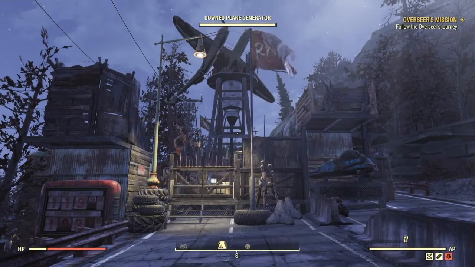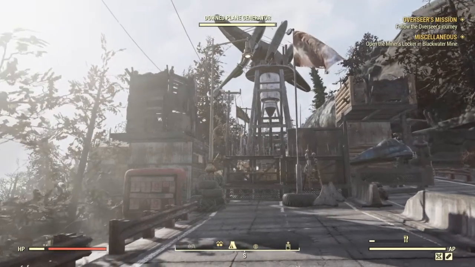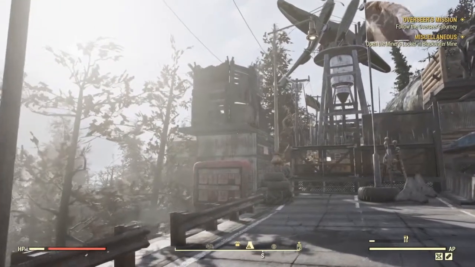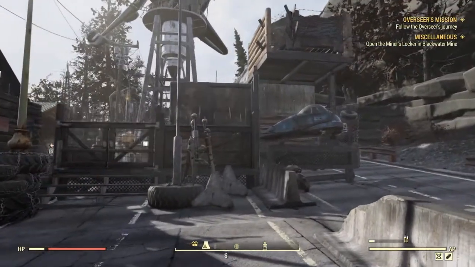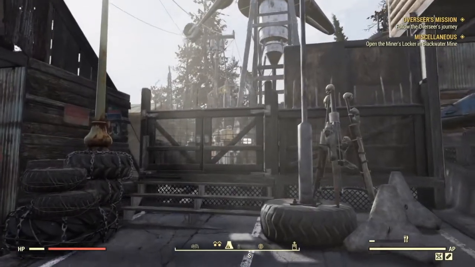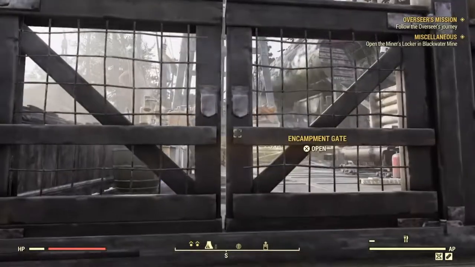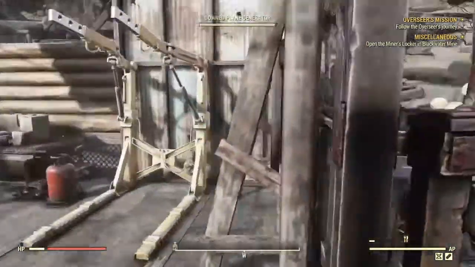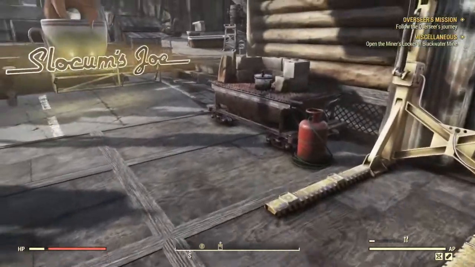So let's go take a little walkabout and check this camp out. How about it? As you can see, it definitely looks Raider. There's junk everywhere. Motorcycles, old cars, all this crap stacked up in front of the gate here as you come in. I think it's cool that you can lock these gates, but you know,